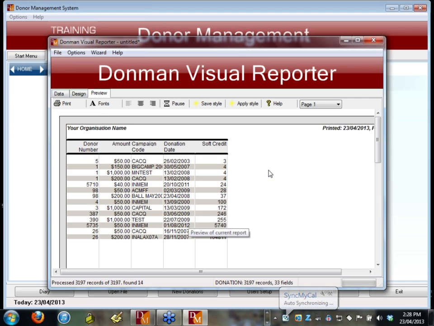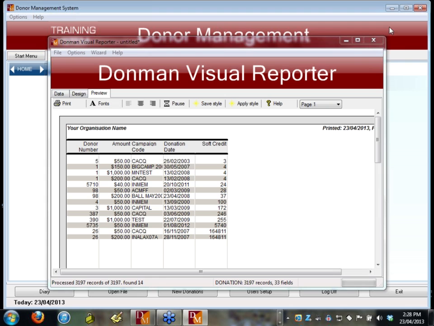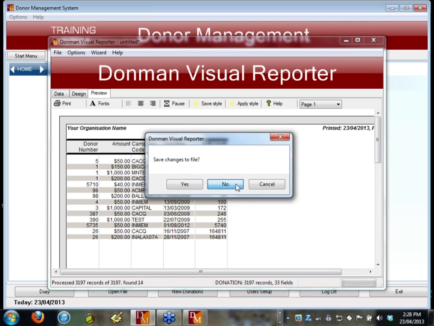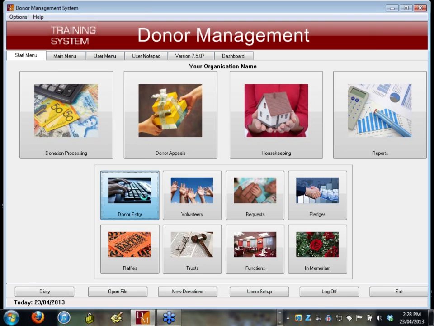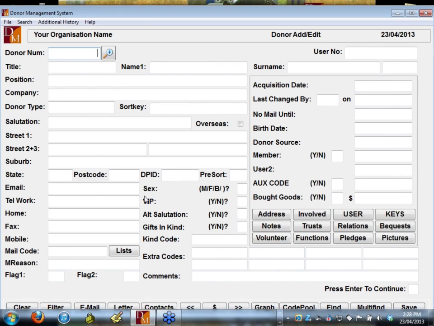And now I have a group of donations, and we can see they have all been soft credited to someone, to donor 3, donor 4, to donor 4, donor 4. Now I could have done that before, and that would have given me a clue as to which donor to look at to see if they had soft credits. But I can see there are 3 donations for donor 4. So if I was to go back into my donor record now,